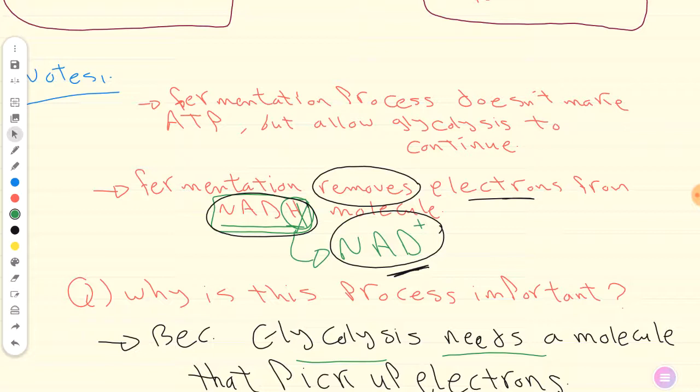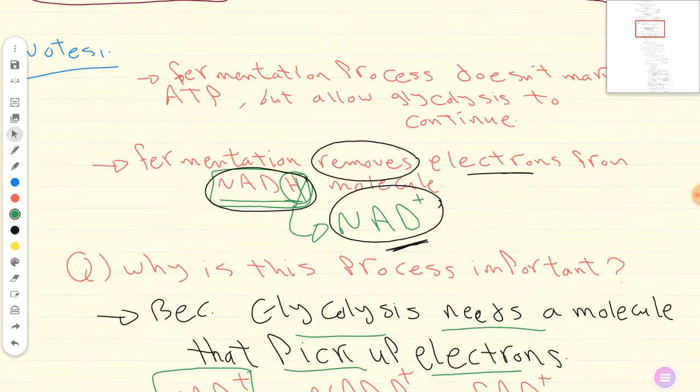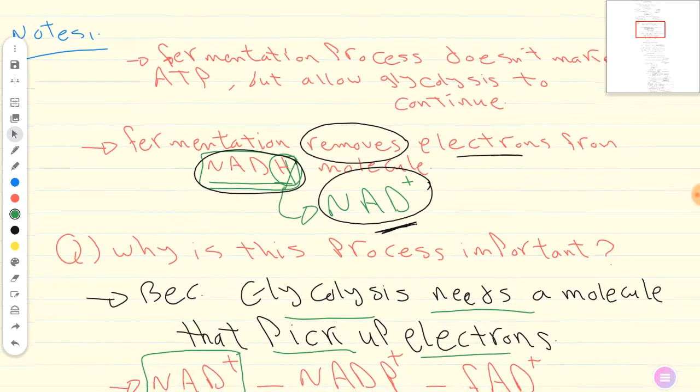But this doesn't mean that the fermentation process does not share in the production of energy; it just doesn't make ATP directly. The second point is that the fermentation process removes the electrons from the carrier of electrons like NADH, and we